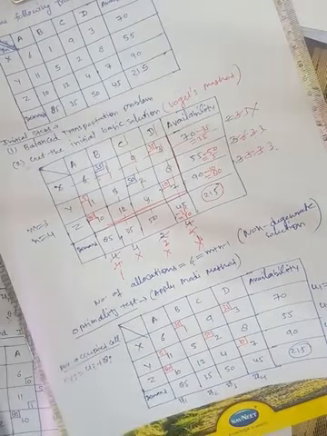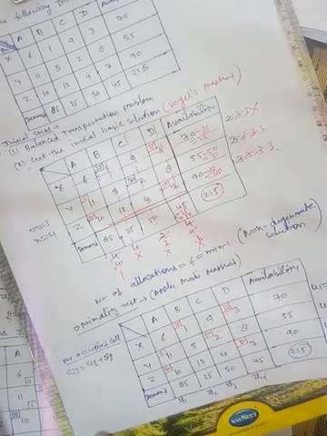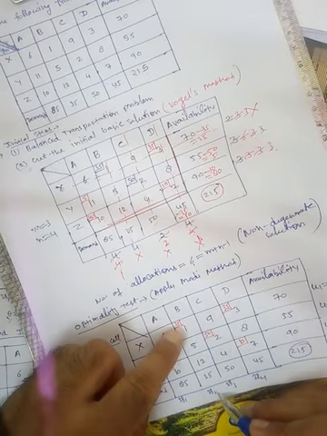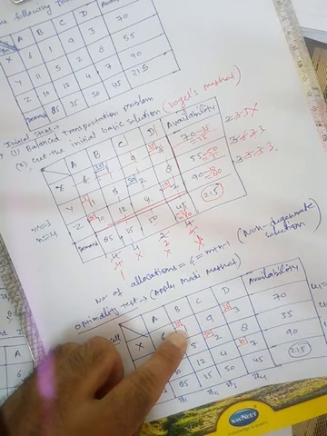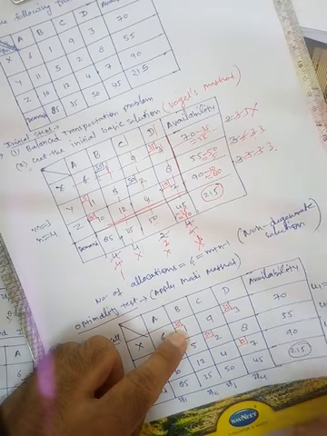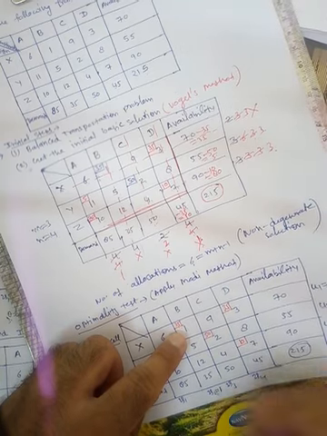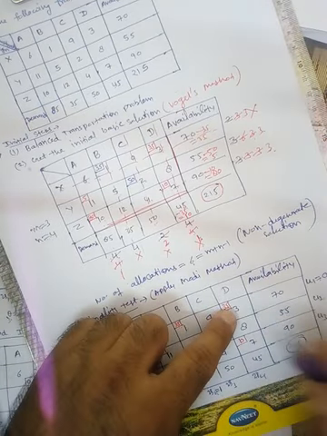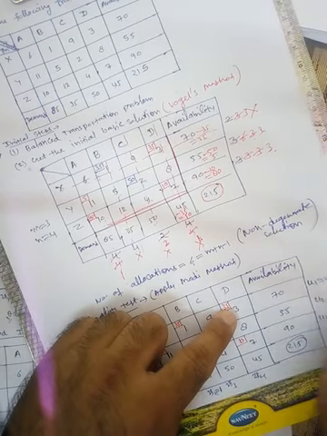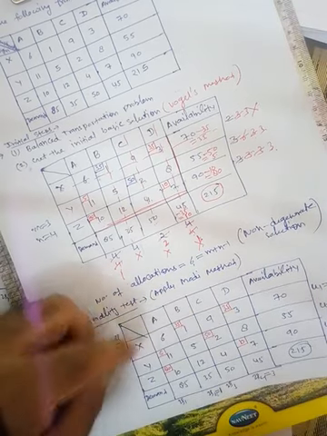This is for occupied cell. Ui plus Vj is equal to Cij. So this is U1, this is V2, this is 1. So that's why, what will be the U1? This will be obviously 0, and this should be 1. 0 plus 1 is equal to 1. Similarly here is 3, here is 0, so this should be 3. 3 plus 0 is equal to 3.